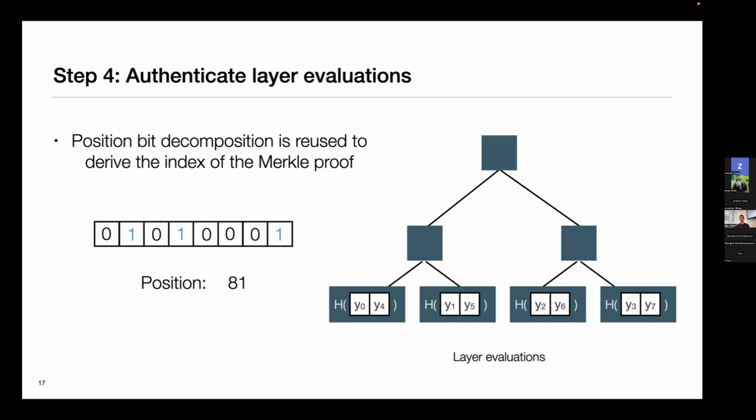Right, so for each set of folded evaluations within a layer, we also have a Merkle path, a Merkle proof, and we need to authenticate that. We need to know what index this corresponds to, otherwise the prover could maybe lie about it. It turns out we can just reuse this position decomposition: the smallest bit, 1, would tell us to choose the right sibling,